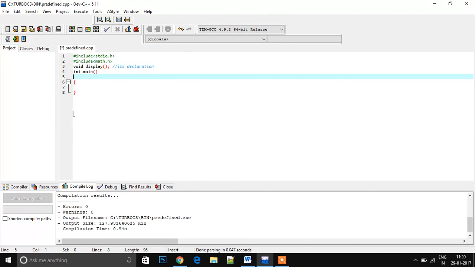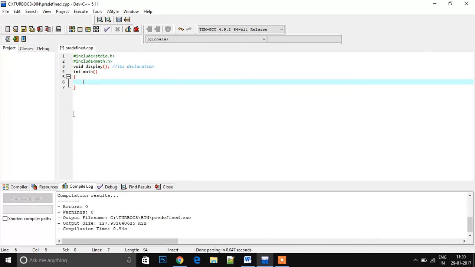Then the second point is calling of a function. Any function can be called by only its name, having parentheses and a semicolon at the end. If I have to call display, I write its name, display, put a pair of parentheses and